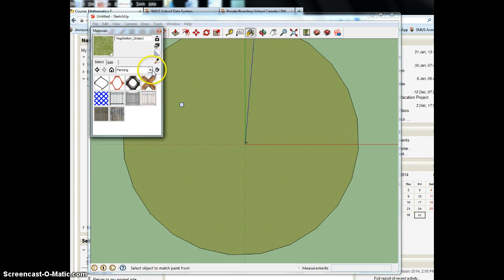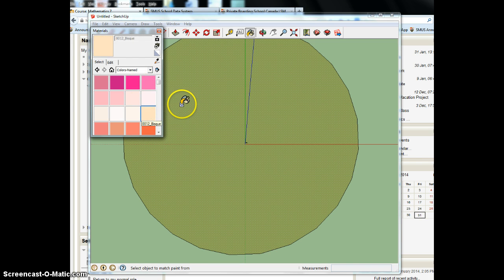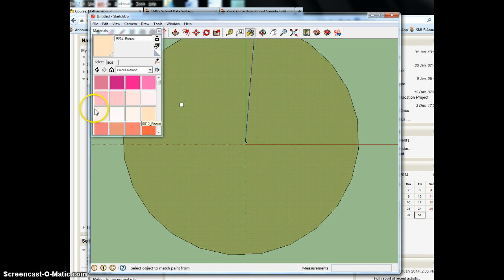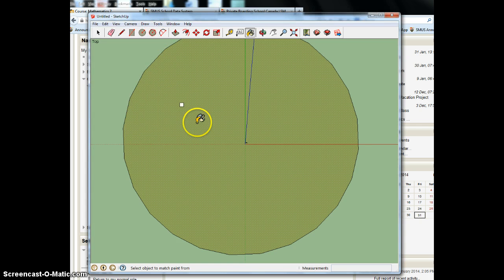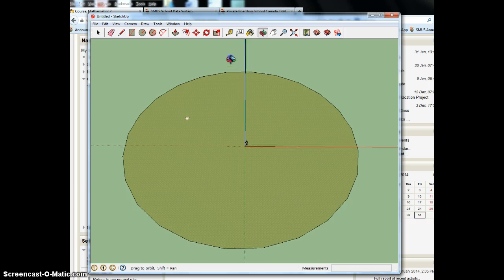So I'm going to take, I don't want fencing in this case. I'm going to just take some colors and I'm going to pick a nice brown color here. And that's going to be the color of my pole. Now that pole is currently in 2 dimensions. When I rotate, once again using the rotation tool, which is right here, I can take that pole and I can raise it up. Gotta wait till it's all colored, and if you look, now I have a pole that's coming along the 3rd